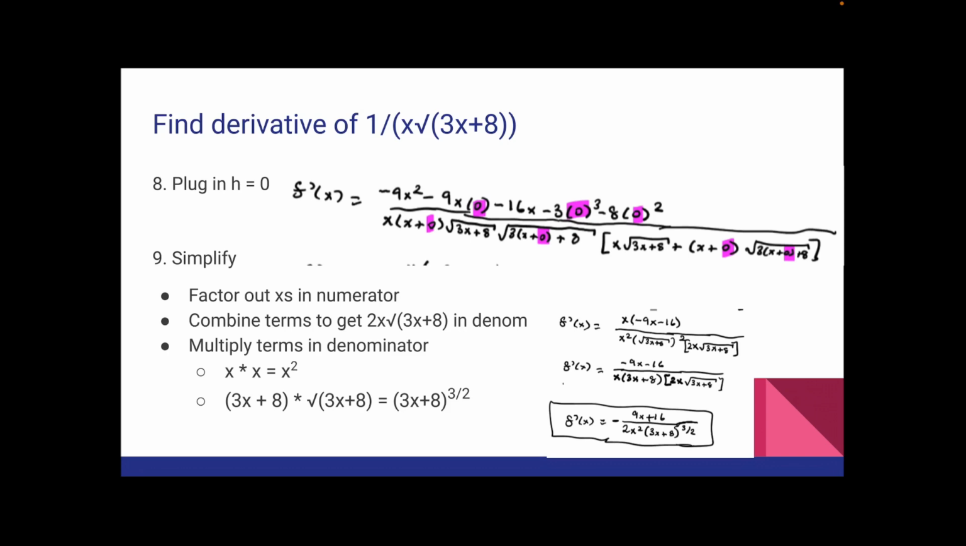So from there, we have negative 9x minus 16 over x times 3x plus 8 times 2x times the square root of 3x plus 8. Notice that 3x plus 8 times the square root of 3x plus 8 is just 3x plus 8 to the 3 halves. And notice that x times x gives us 2x squared. So we end up with negative 9x plus 16 divided by 2x squared times 3x plus 8 raised to